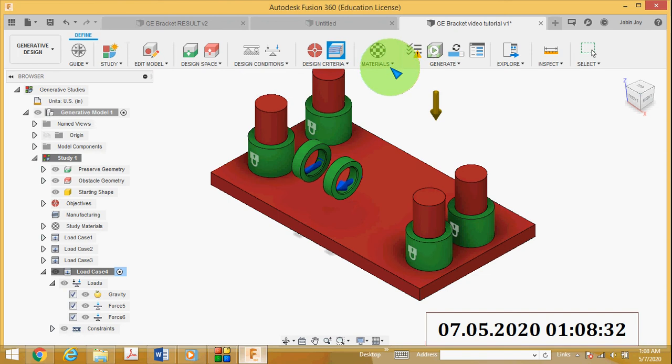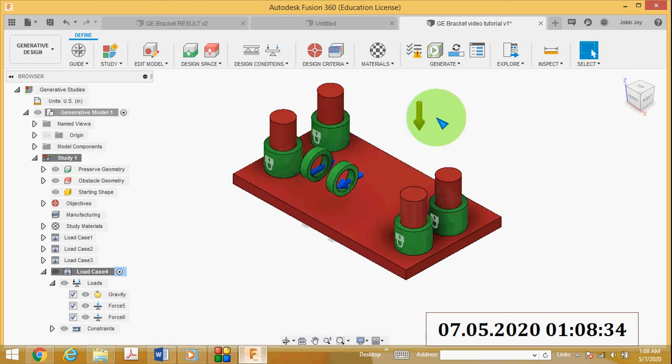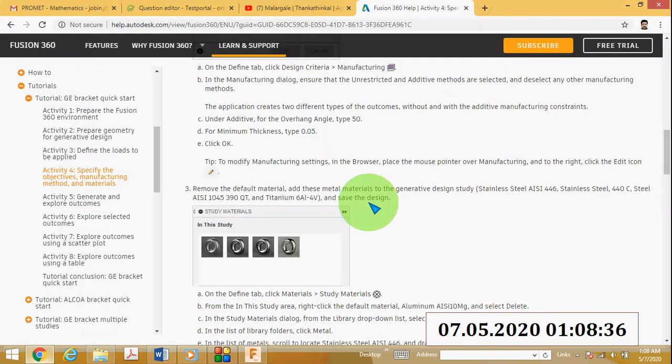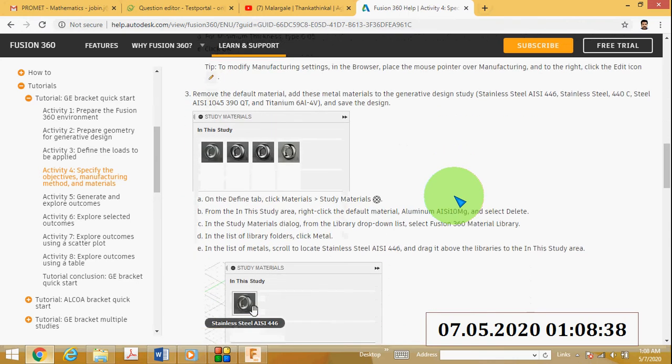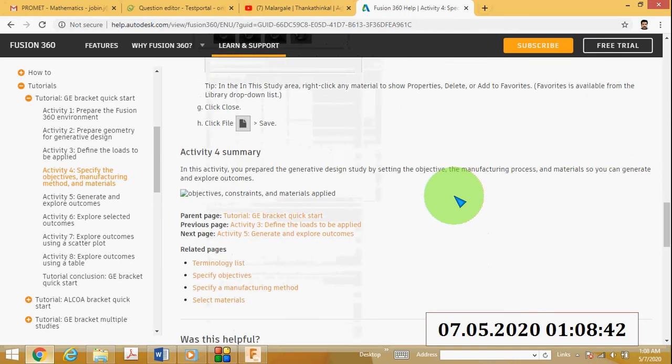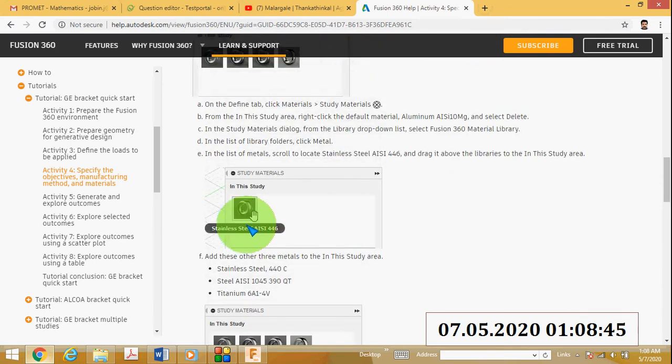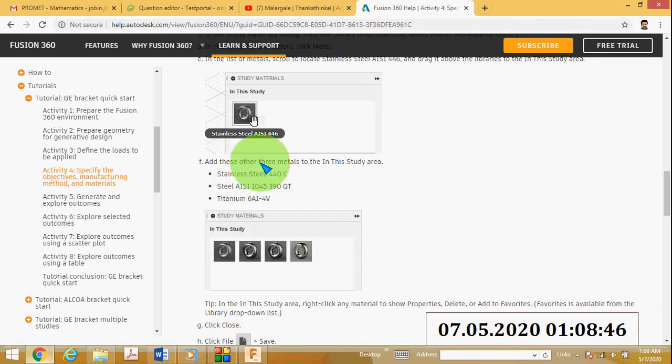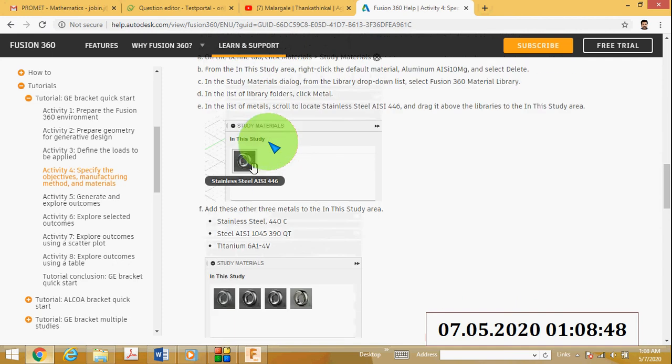Then you have to select the material. Add these 4 materials: stainless steel AISI 446, stainless steel 440C, steel AISI 1045 390QT, and titanium 6Al-4V.